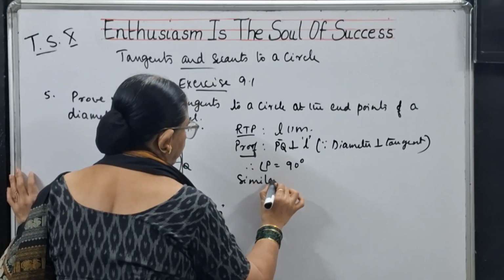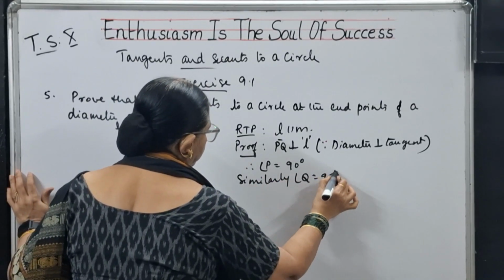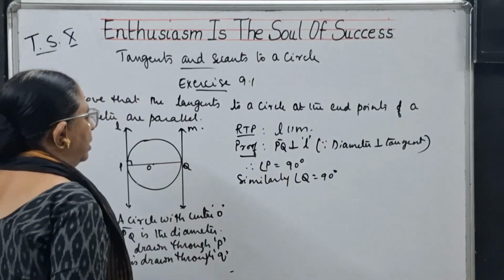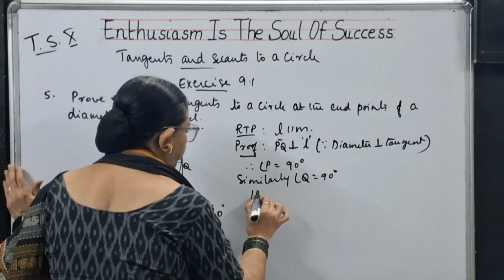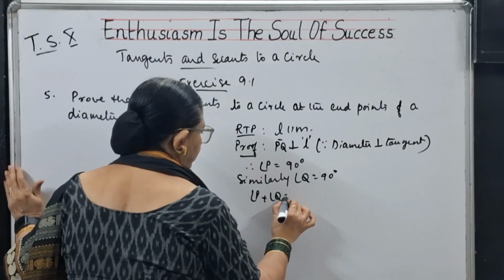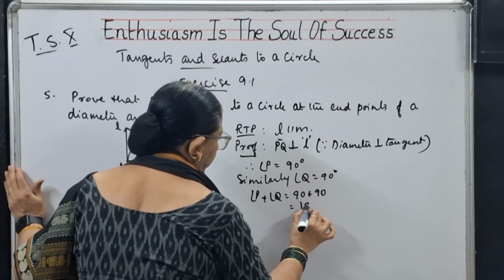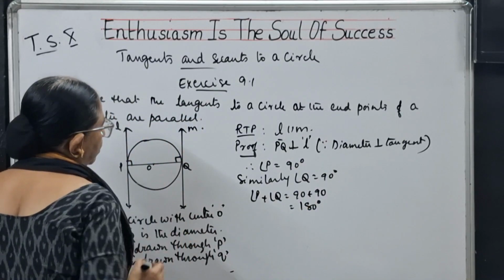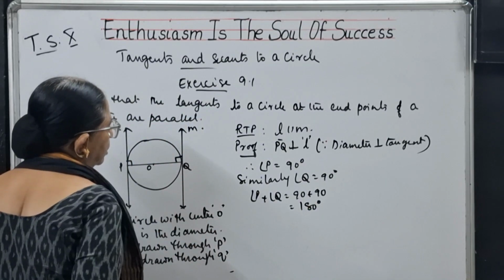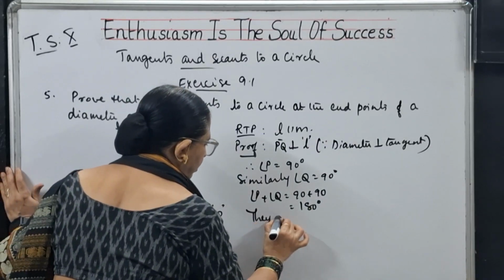Similarly, angle Q also is 90 degrees. You need not write again everything. So, angle P plus angle Q is equal to 90 plus 90, that is 180 degrees. But what are they? They are